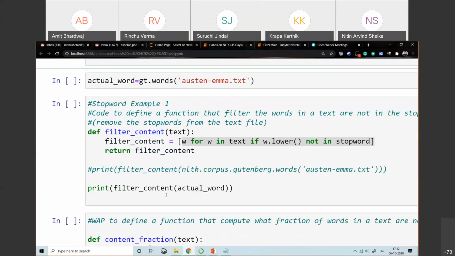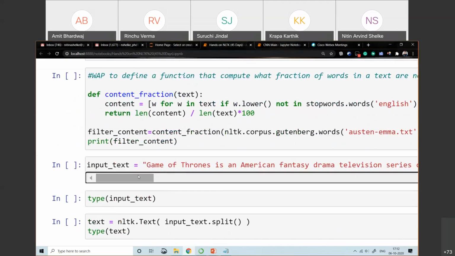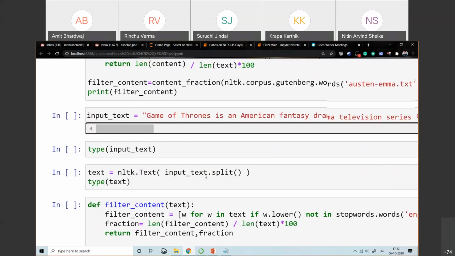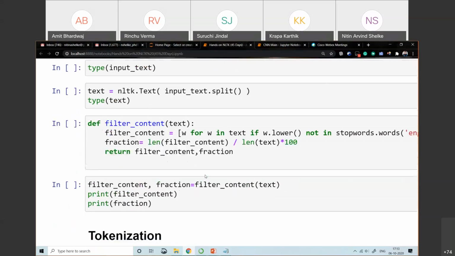This is the stop word example that we thoroughly discussed. After that, I took one case study with an input text, a Game of Thrones blog, and applied the same stop word removal function to remove the stop words from the input_text.